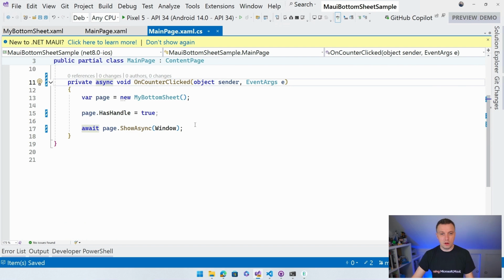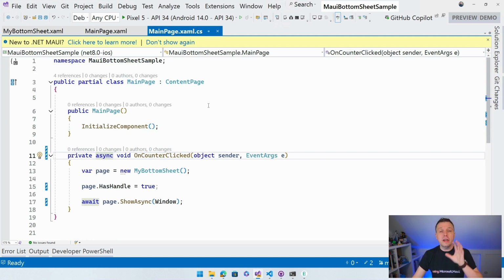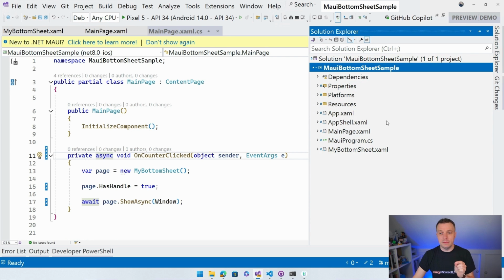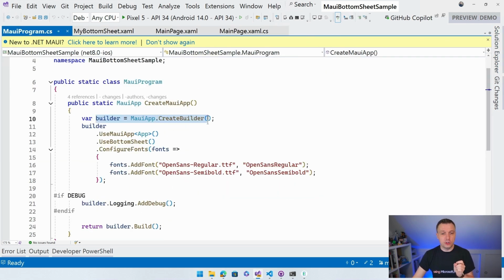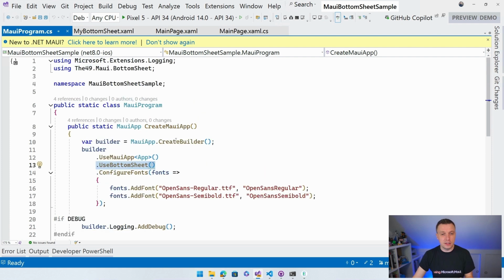So, okay, this works. This is going a little bit fast if you want to set it up for the first time, right? So let me take a step back. We installed the NuGet package. The first thing that you want to do now on your project is go to the MauiProgram and add this to your app builder. UseBottomSheet. If it doesn't bring in the right using statement automatically, you will have to add this using, the 49Maui.BottomSheet. You will get this extension method, UseBottomSheet, and that is the whole initialization, that's a hard word, to do on your Maui app.